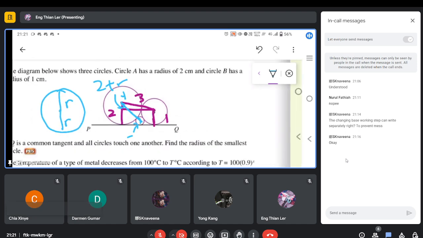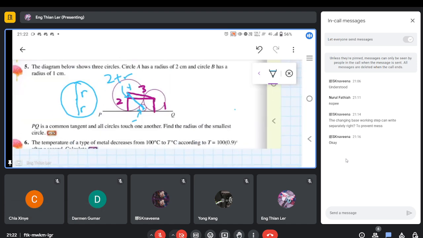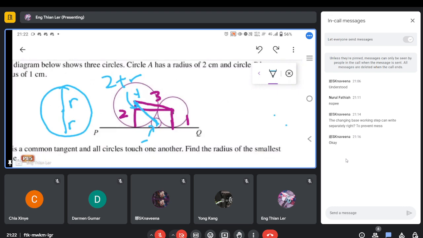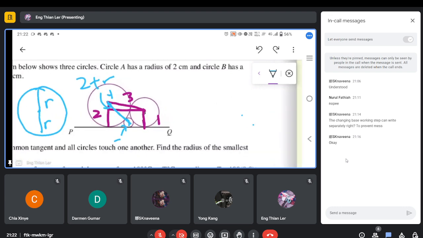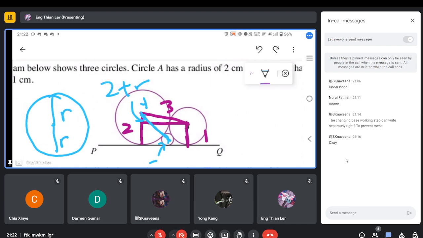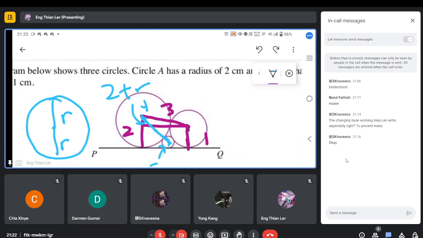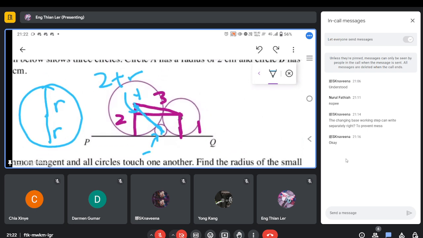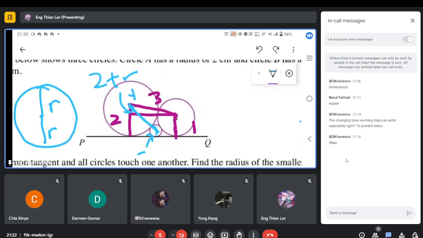I wish I could expand this. How to expand? Sad though. But never mind. This line will be 2 plus R. And this will be 1 plus R. And when I draw this triangle,